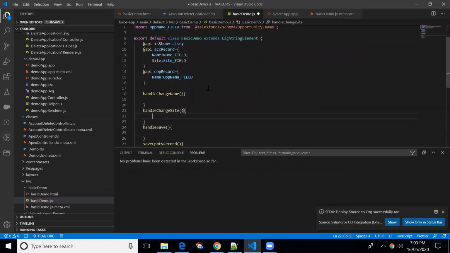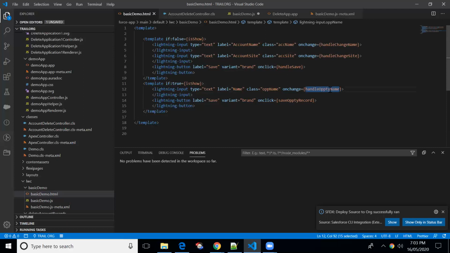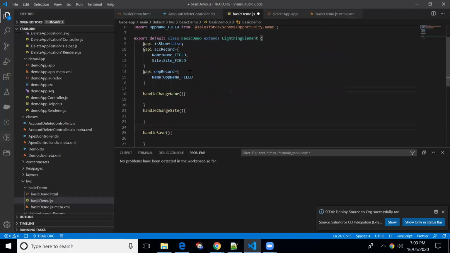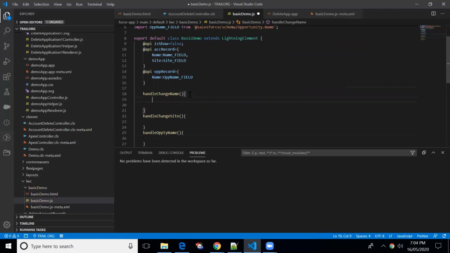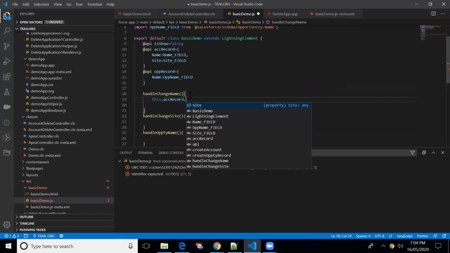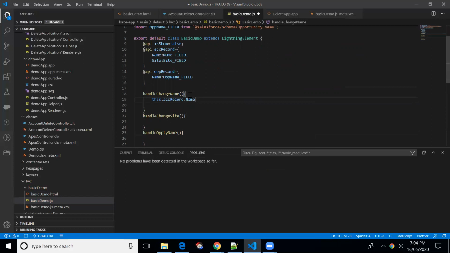These two methods are related to account. We need to create one more method for opportunity, handle opportunity name. So this dot ACC record dot name, I'll put the data equal to this dot template dot query selector dot ACC name. If you want to get the value, then we have to put value.